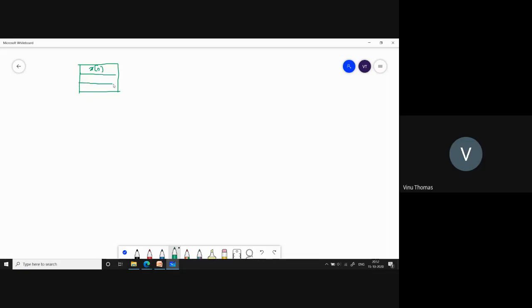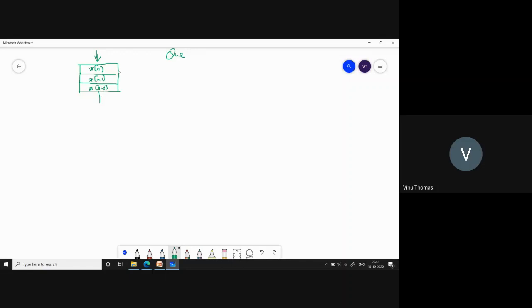This is the previous memory location where I have x of n minus 1. And this is the previous memory location where this is x of n minus 2. So I can assume that something is being pushed through this queue. So x of n is being pushed through this queue, and I have x of n here. So when the new sample comes, the previous sample is pushed downwards.